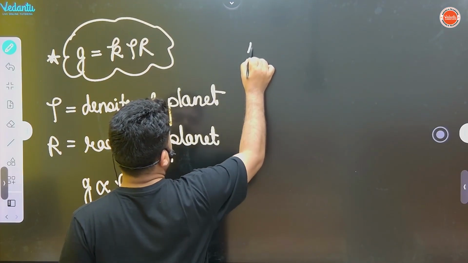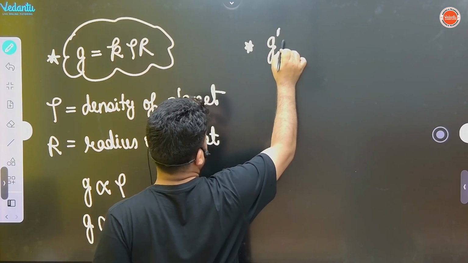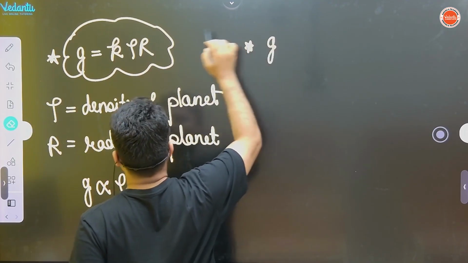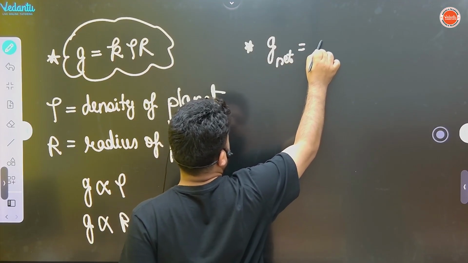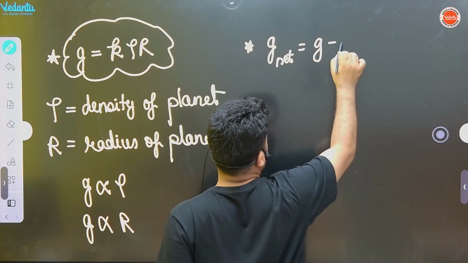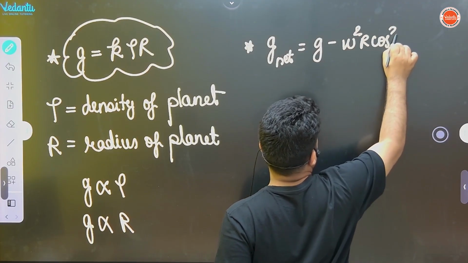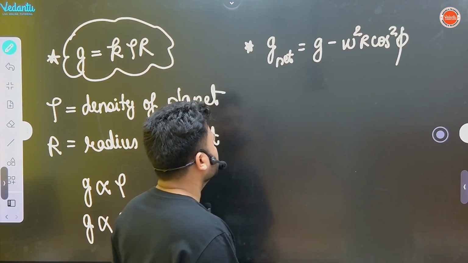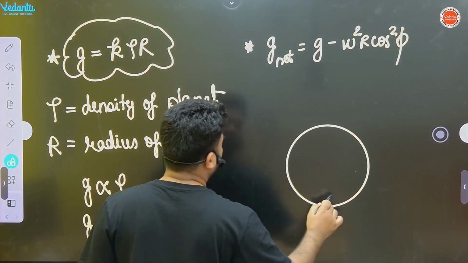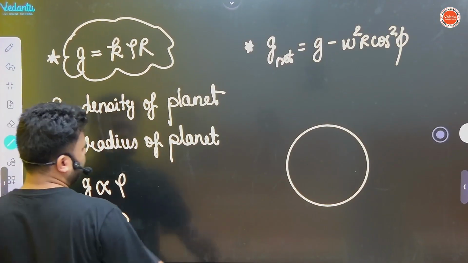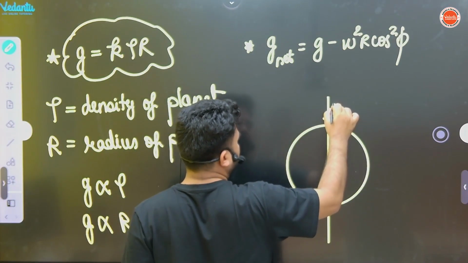G has one more formula. Due to rotation of Earth, what we get? G net equals G minus omega square R cos square phi. Now what is this? We all know that the earth rotates. So if the earth is rotating with angular speed omega,